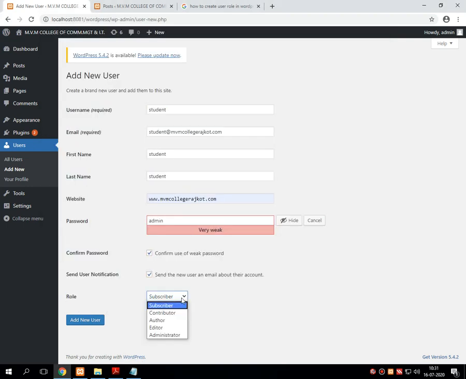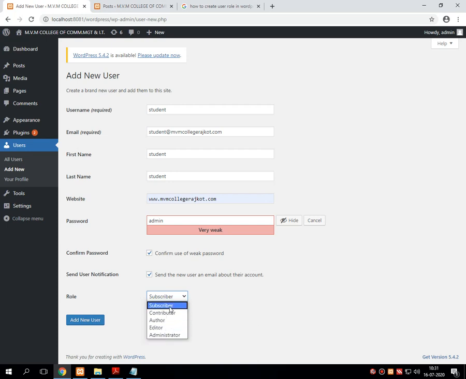So several types of roles are available in WordPress, like subscriber, contributor, author, editor and administrator. Right now my account is created as an administrative account. That means I can visit and handle every portion of this entire WordPress tool.